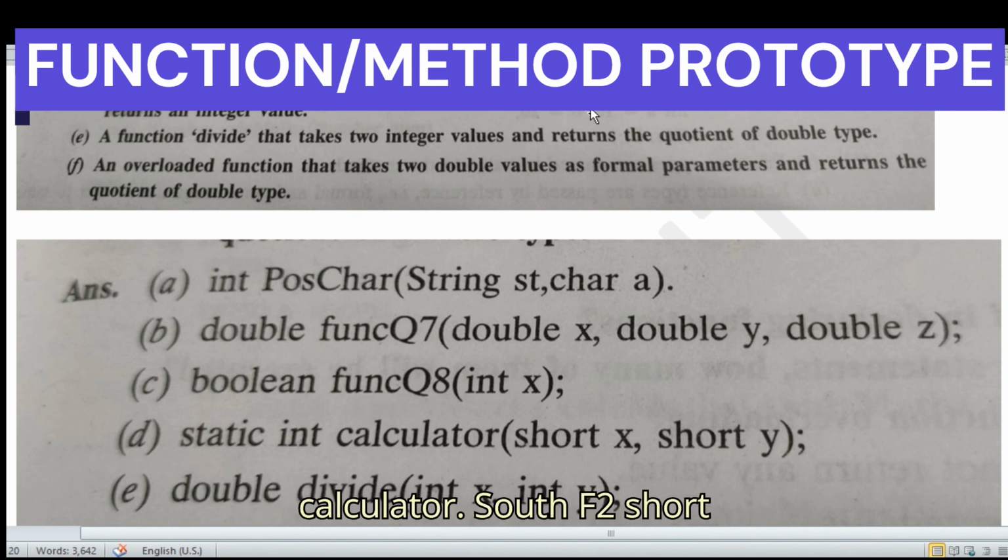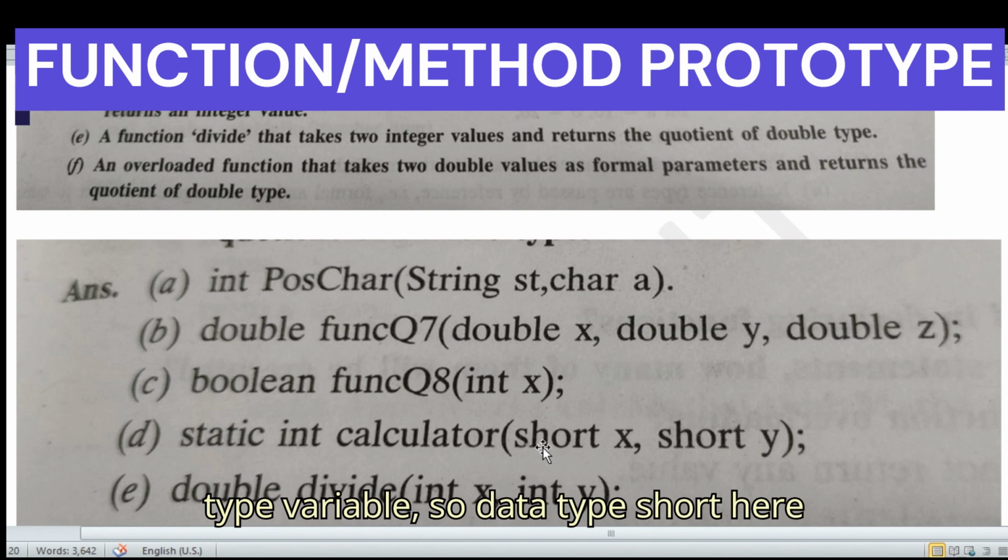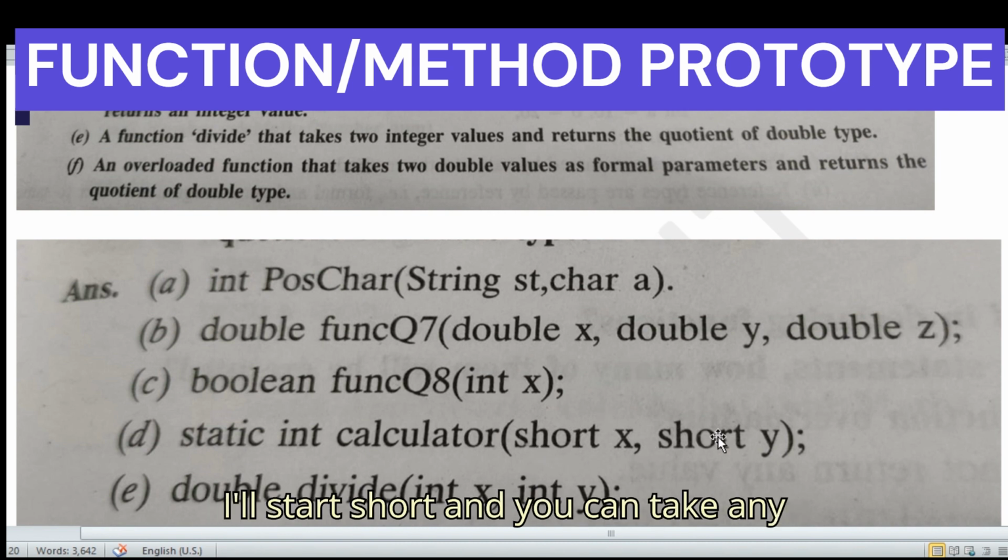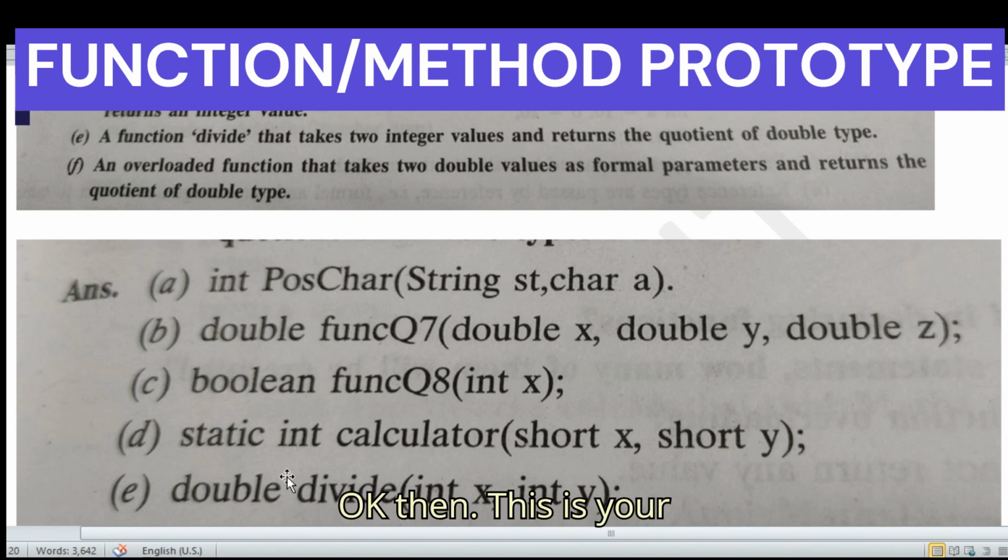Accepts two short type variables, so data type short, here also short, and you can take any variable name, here x and y. So this is static, return type is int, function name is calculator, two data type short and variables x, y.